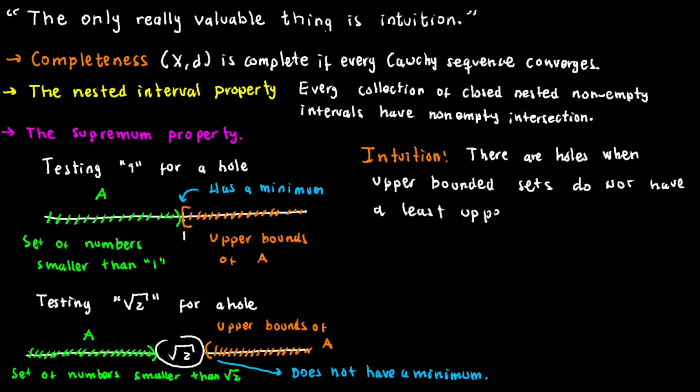the existence of holes. Now, as is customary, take a moment to pause the video and delve into the intuition behind this method. Your reflections will undoubtedly enhance your grasp of the subject, so, as always, your comments are highly